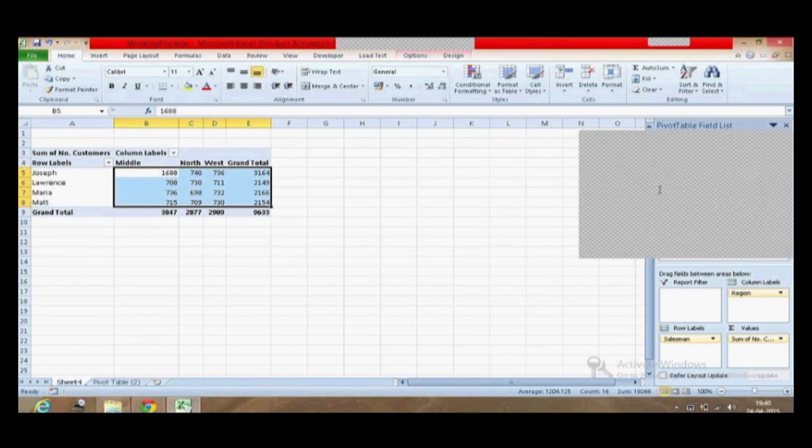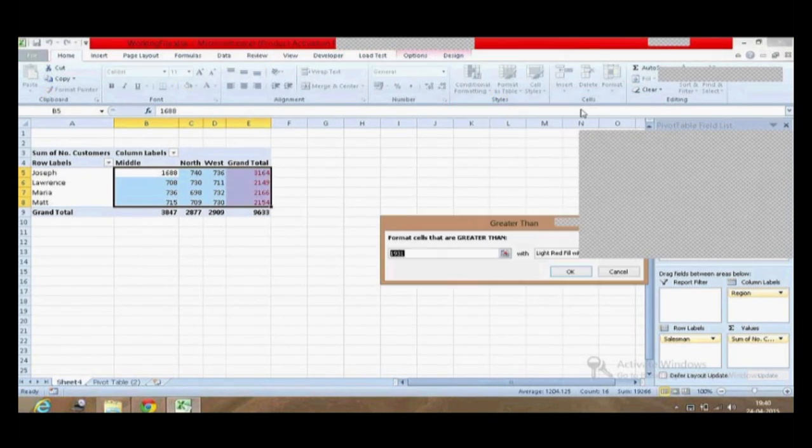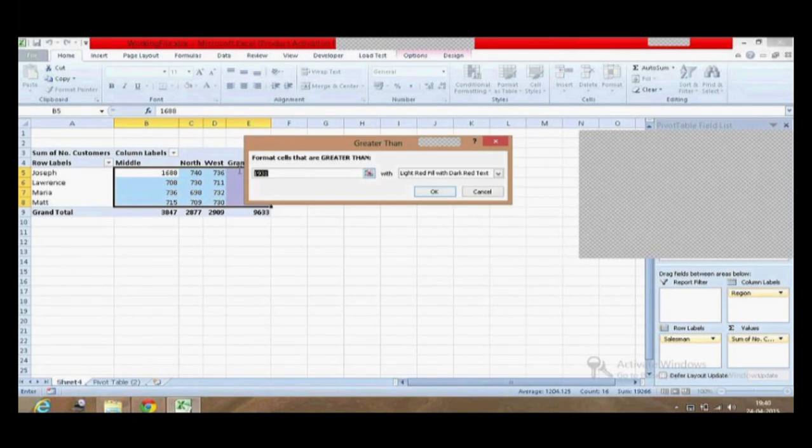I said if the data is greater than 1000, then I want it to be in green. So there is a pre-built green formatting available here. But if you want to choose your own formatting, then also it is fine.